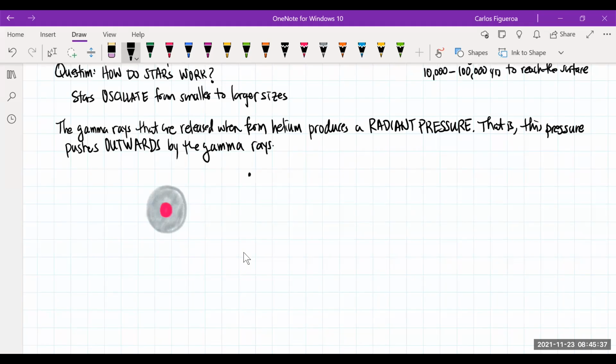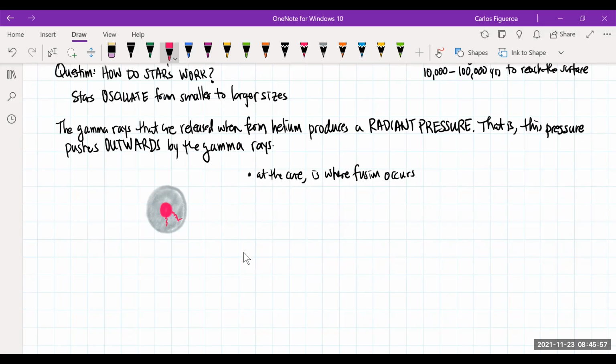So at the core is where fusion occurs. So what that means is that if I look at the gamma rays,